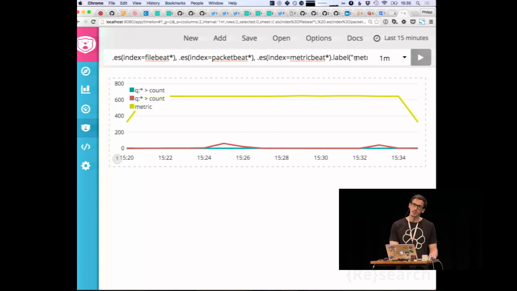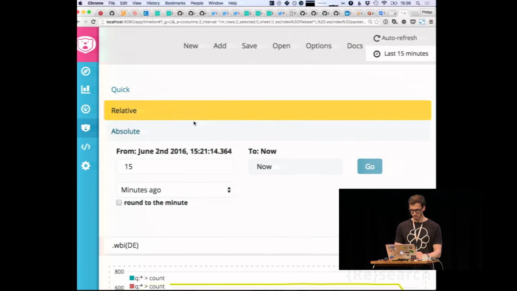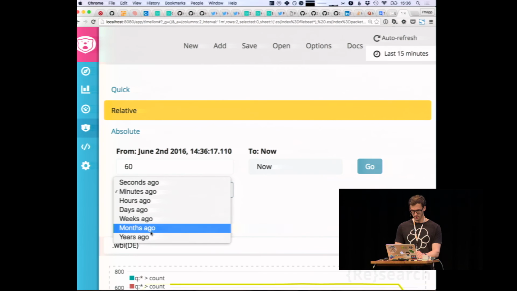And what is particularly nice about Timeline is that you can also grab or get data from external sources. So for example, there is the World Bank who provides information. So for example, if you know how many Germans there are in the world, you can simply grab that data from the World Bank. However, we want to have that per year, and we probably want to switch to something like 60 years and not minutes.